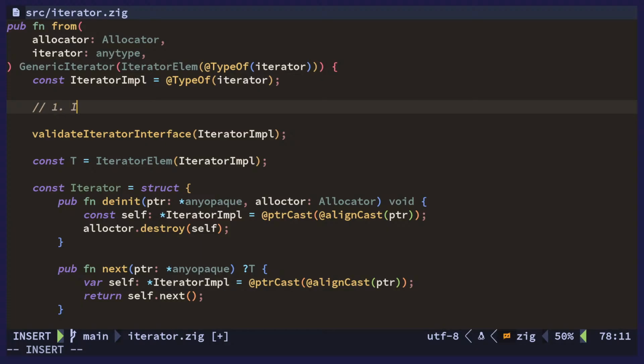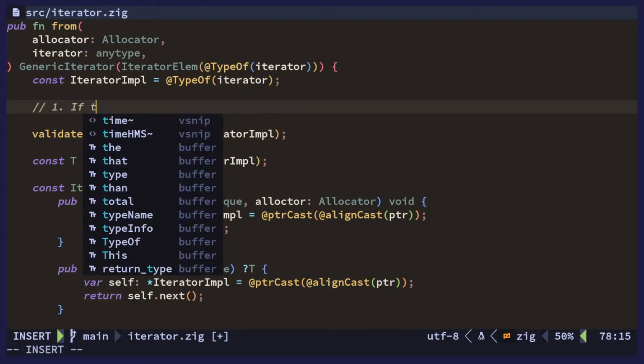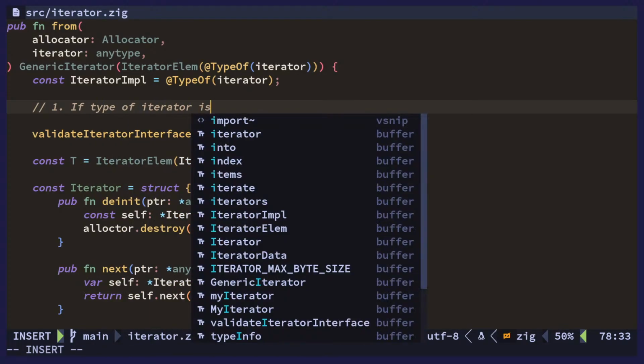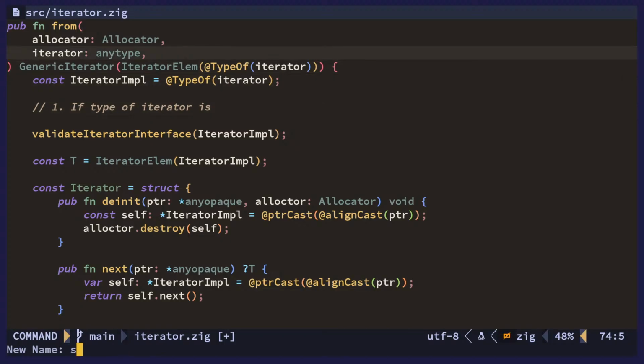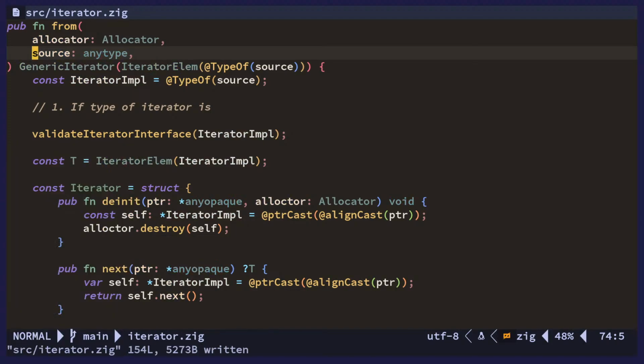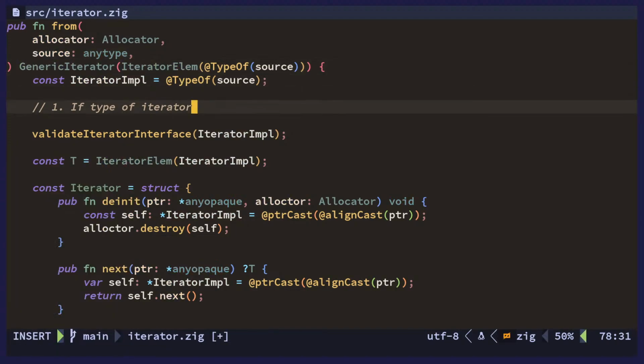So one is, if the type of iterator is, or I guess this could be source. Let's call it source instead. If the type of source is a generic iterator,